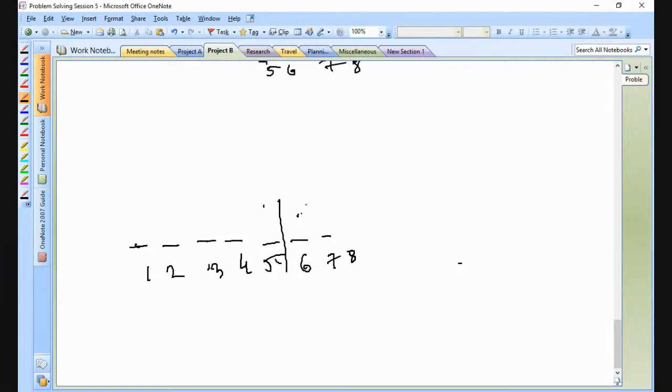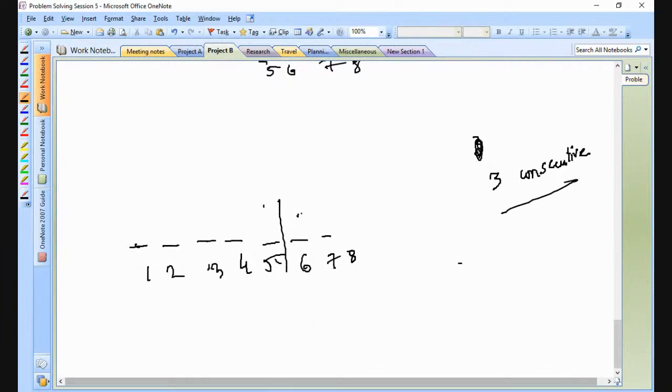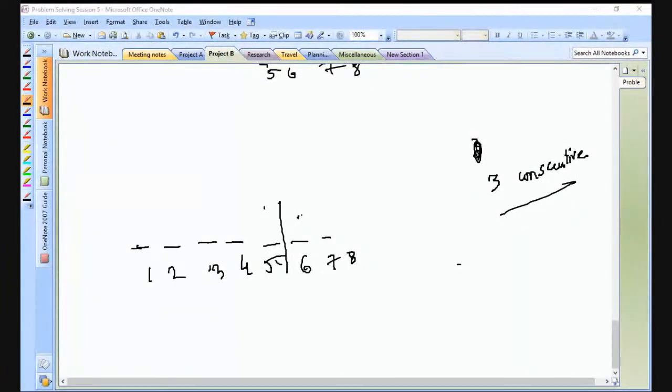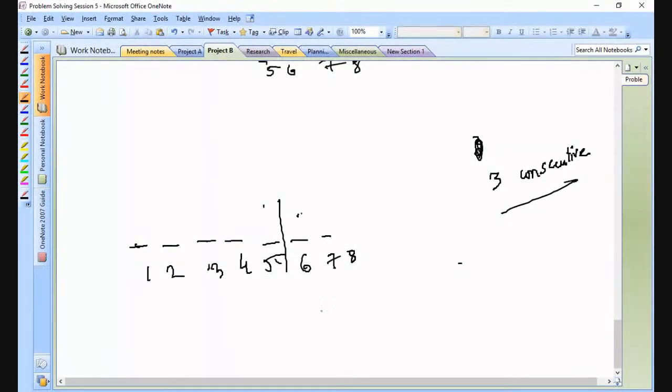So what do you think? Is it easier to do with no three consecutive heads or with three consecutive heads? Bolo. It's easier to do with three consecutive heads. Find out three consecutive heads. Right, guys? Right. So let's try to do it for three consecutive heads. Then we will just find out the opposite portion. Okay, that's not an issue at all.